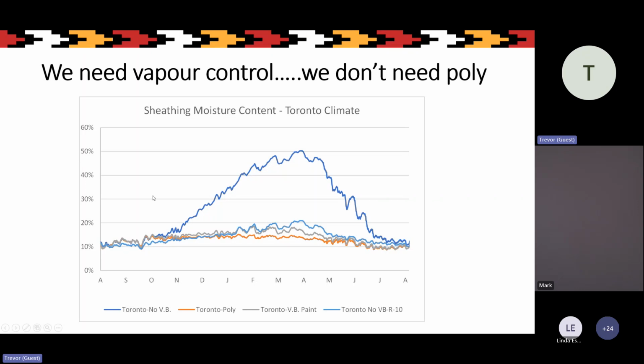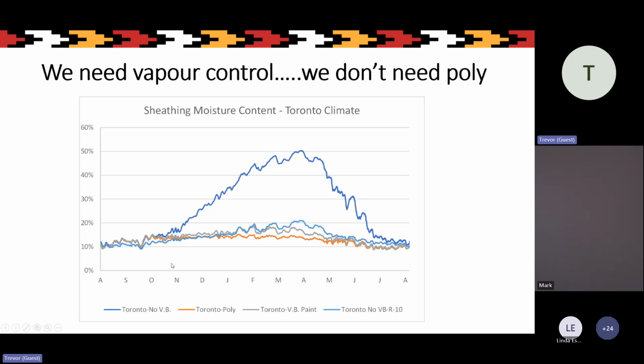And what this is showing, so these percentages are wood moisture content of the sheathing. In this case, it's OSB sheathing. And these are the months of the year across the bottom. And we're gonna look at a couple different ways. If we were to take that 2x6 wall with no vapor barrier and OSB sheathing in Toronto and just run it,